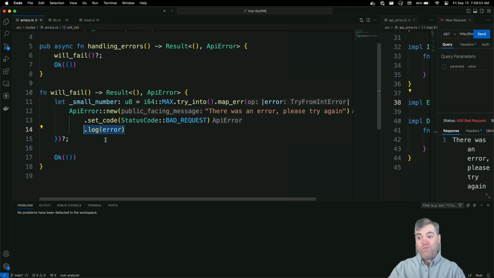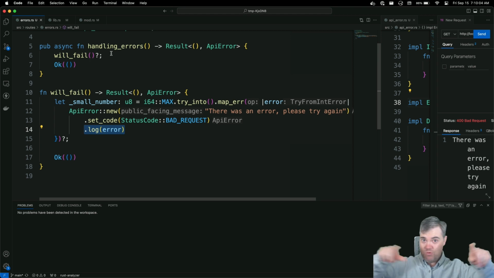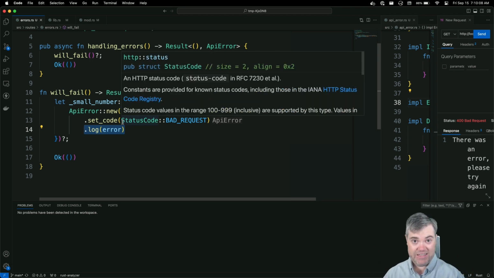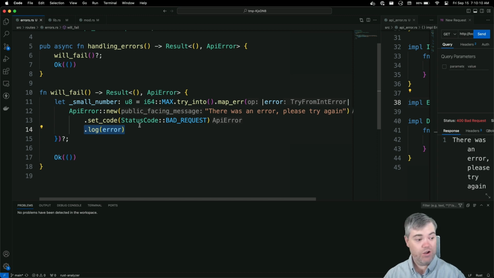So hopefully this is helpful. Hopefully you'll be able to now implement your own errors inside of Axum and keep your route handlers clean, because they're going to be basically routing traffic between different sub functions. And then those will be the ones handling whatever is going wrong, hopefully. So with that, thank you so much for watching, and I will see you in the next video. Bye.